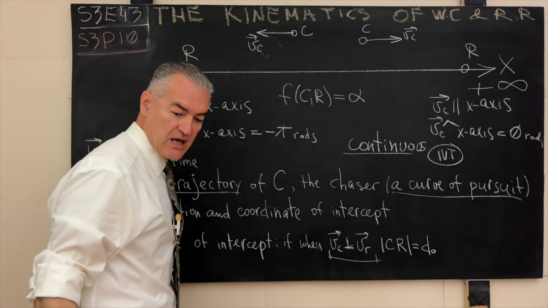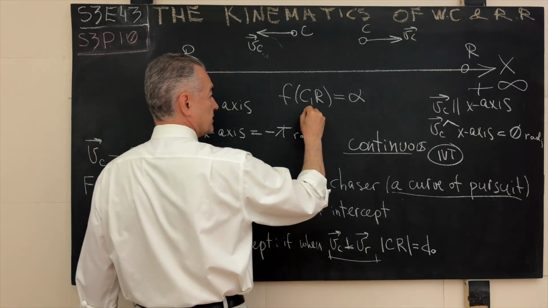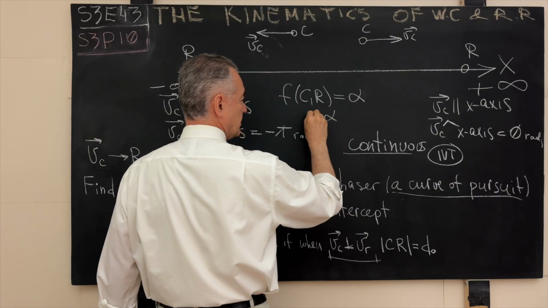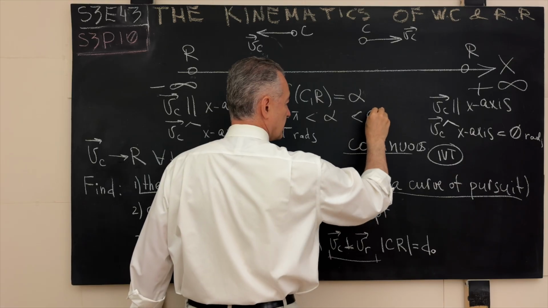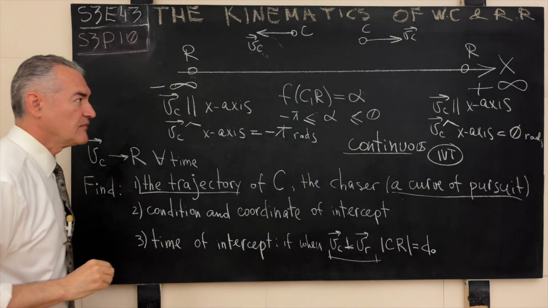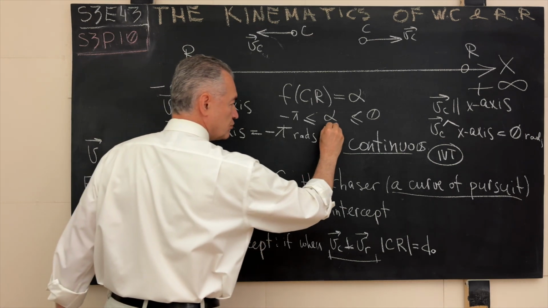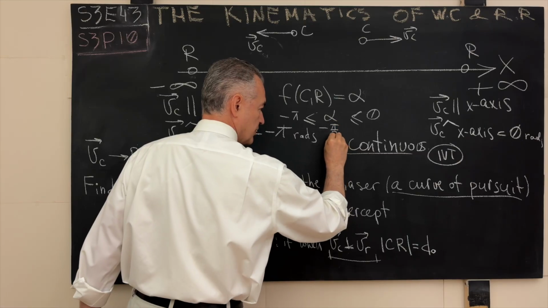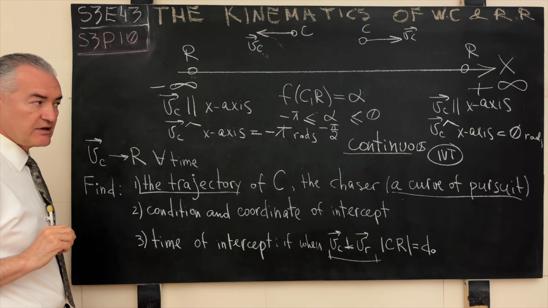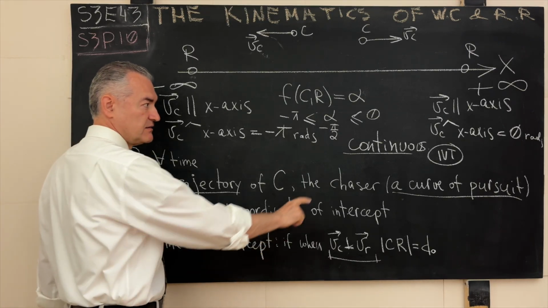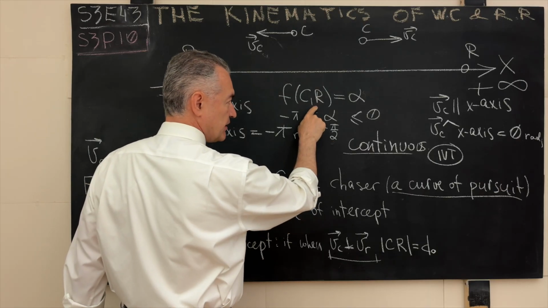And what does that mean? That means that at some point the angle, let's say our angle alpha, will be between minus pi and 0. So that means that at some point that angle will be pi over 2, let's say negative pi over 2 if we want to keep our signs, and according to the IVT, the intermediate value theorem, for that value of the function there exists the corresponding argument.